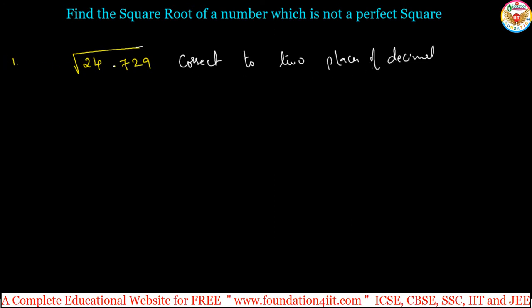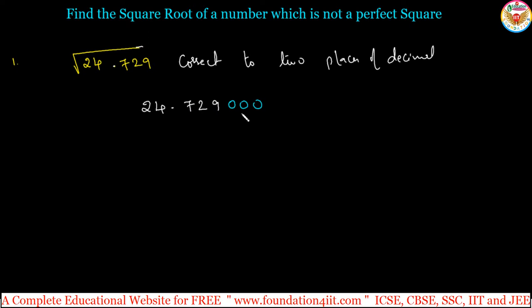So we need to arrange the question like this, by the division method. The given question is 24.729. Whenever the required answer is to 2 places of decimals, we have to find the 3rd decimal place first. Based on the third decimal, if it is 5 or more, we add to the previous number. If you want 3 places of decimals, we need to take 6 digits after the point, but only 3 are there, so you can adjust the remaining places with zeros. Okay, this is the first step.